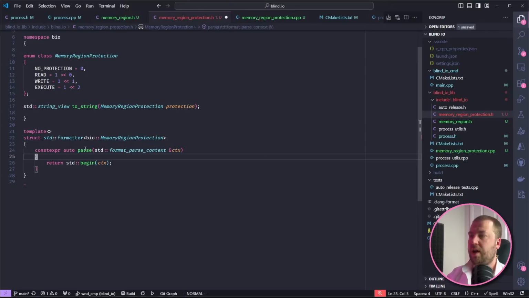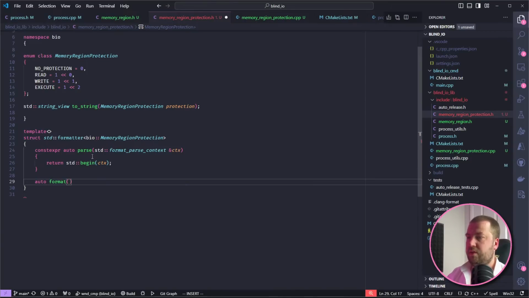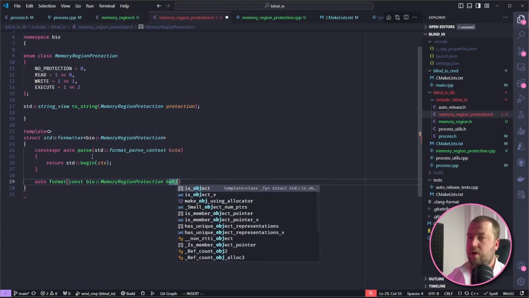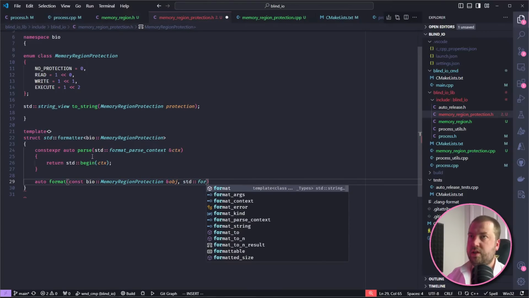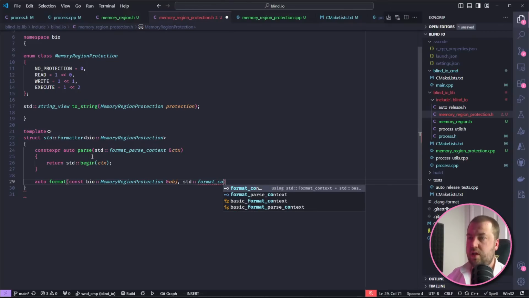Parse is how you want to handle things, like was said in the comments. Like if I had something like D, I can scan through this and react to it appropriately, but for an enum, we don't care about that, so we'll just return basically the default value. And then there's auto format, and this takes a const ref to the thing, obj, and then a std::format_context again.